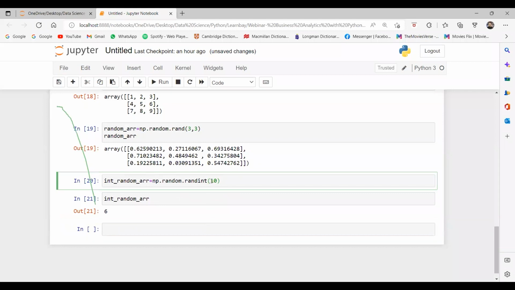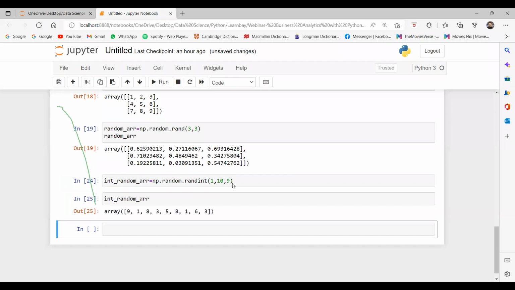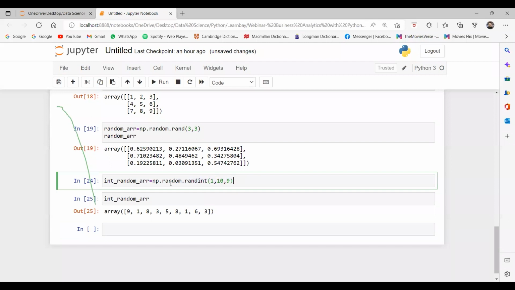So for example, I want 1 to 10, and I say how many values. For example, between 1 to 10 I want 9 values, so it creates 9 random values.